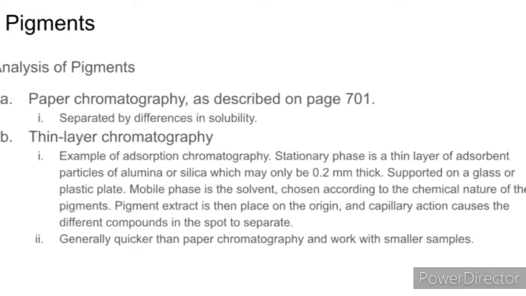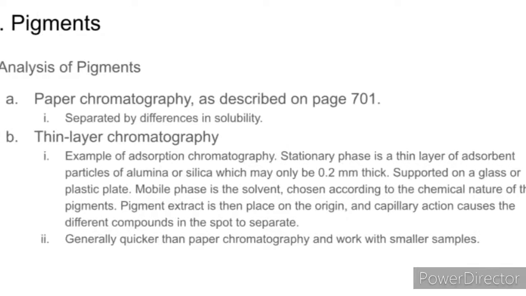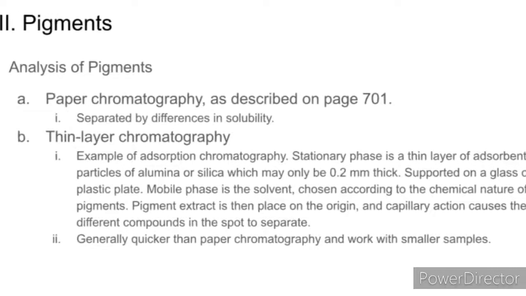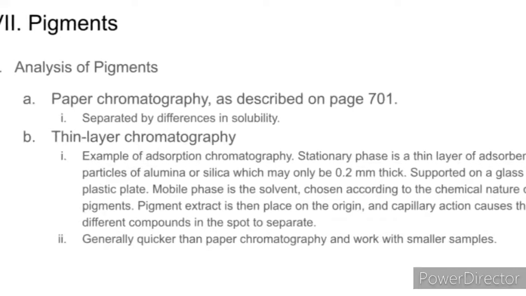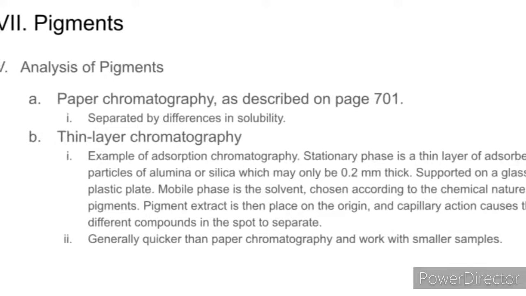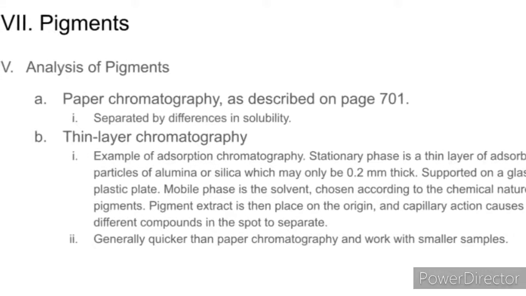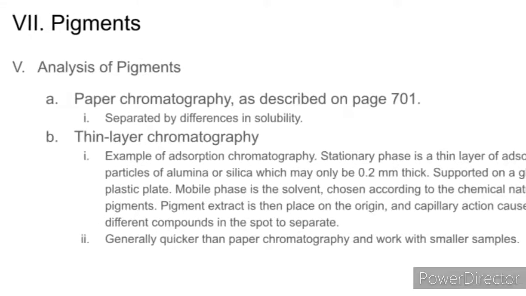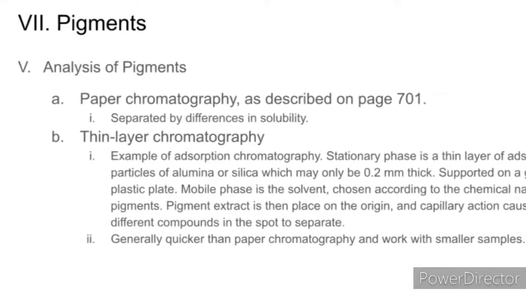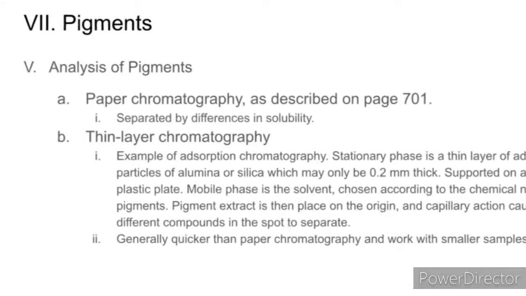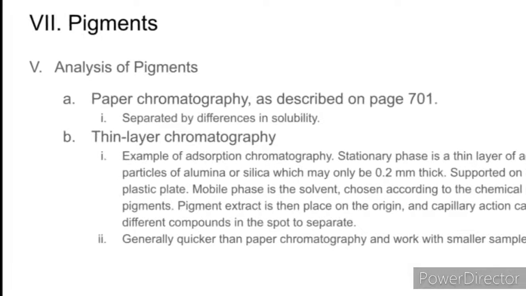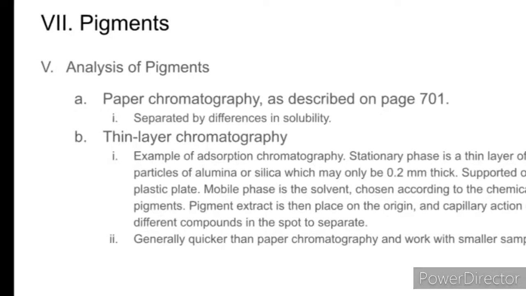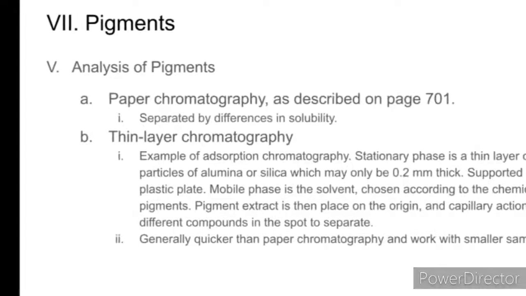The stationary phase is a thin layer of adsorbent particles of alumina or silica, which may only be 0.2 millimeters thick. It's going to be supported on a glass or plastic plate, and the mobile phase is going to be the solvent, chosen according to the chemical nature of the pigments. So the mobile phase can be different for each pigment that's being analyzed. And then the pigment extract is placed on the origin, and capillary action causes the different compounds in the spot to separate. So generally, thin layer chromatography is going to be quicker than paper chromatography, and it's going to work with smaller samples. So it's used more often just because it's